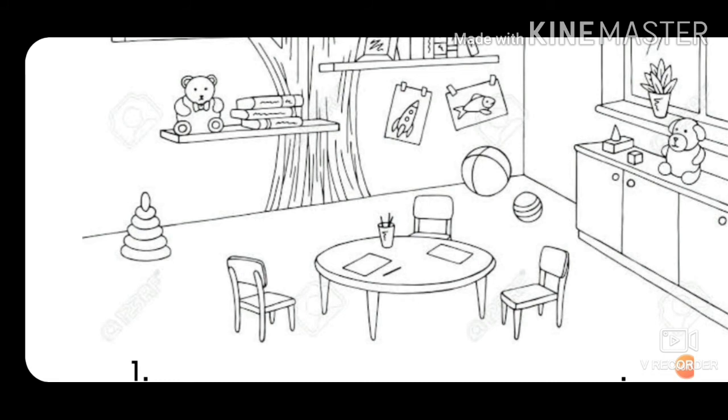Then, pencil is on the table. Pencil is on the table. Now what is the preposition? It is on. Clear? Okay. Now,